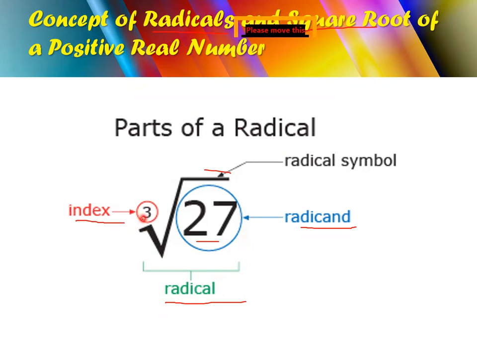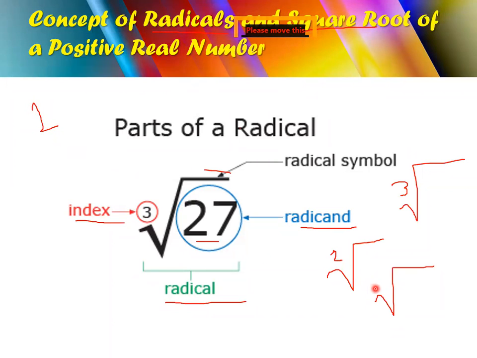Now come towards this one. Why are we going to read it as square root? What does it mean? If you have something like this one, and here your index is 2, so what does it mean? It means square root. This will be read as a square root. Okay, and if your index is 3, you will read it as cube root. Now it is not read as a square root, it is read as cube root. Okay, what about this? How will you read it? This is basically again a square root, because mostly we do not write 2, just like in some cases we do not write 1 and we do not consider 1.